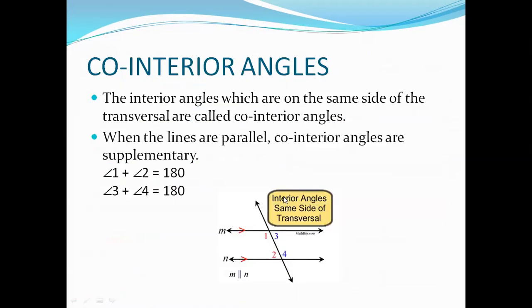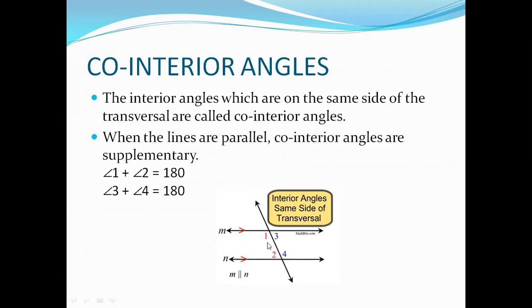Coming up to the last angle formed by a transversal, co-interior angles, or interior angles which are on the same side of the transversal. ऐसे इंटीरियर एंगल्स जो ट्रांसवर्सल के सेम साइड पर हो. इंटीरियर मतलब अंदर, दो पैरेलल लाइंस के अंदर तरफ. एंगल 1 एंगल 2 आर इंटीरियर एंगल्स. ये लाइन M और N के बीच में है और ट्रांसवर्सल के लेफ्ट हैंड साइड पर है.